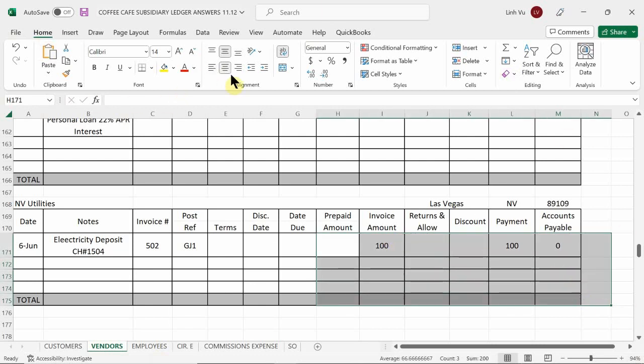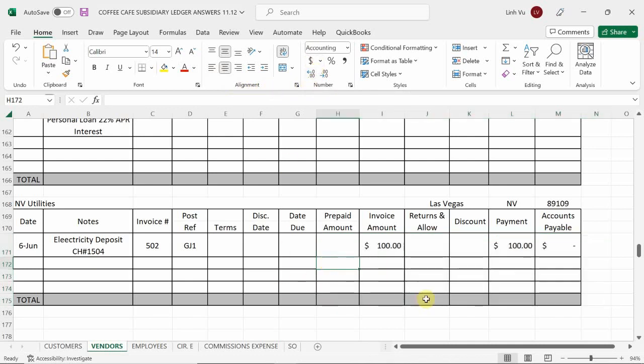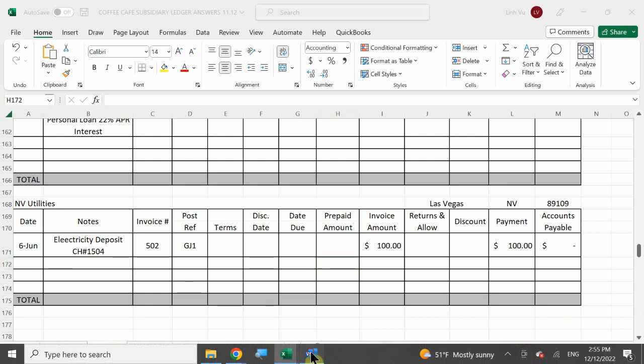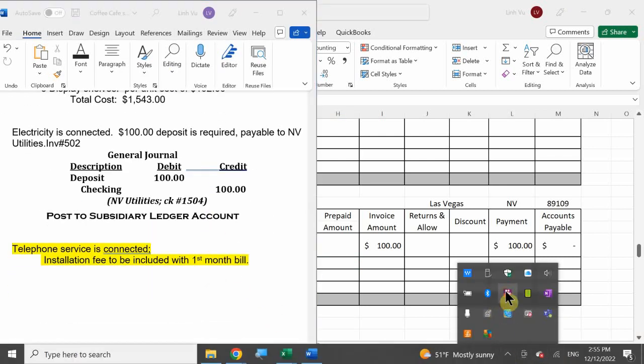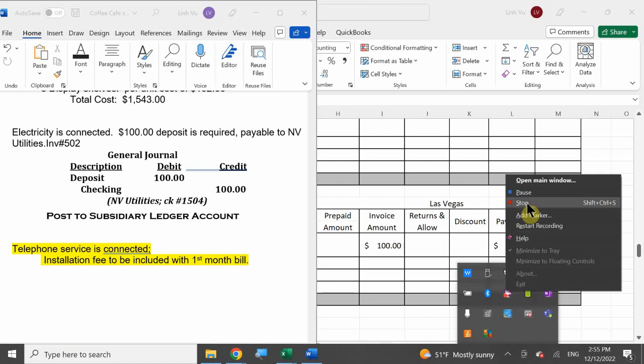And again, they're going to be sending you a separate bill apart from this deposit here. Because one thing that we have to remember is the bill is going to be based on how much we use, right? So in this case, we won't be receiving or being billed anytime soon because we need to be able to measure how much we use for the month of June. So that's what you have to do, all right? So like I mentioned, we're going to stop here and take a quick 15-minute break, okay? So now that I posted from my journal to my ledger